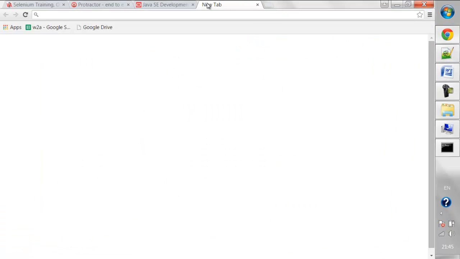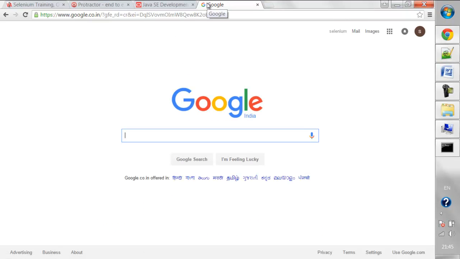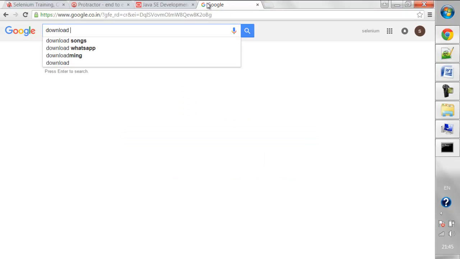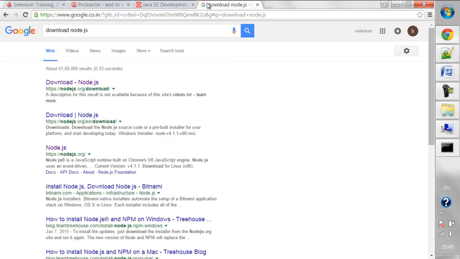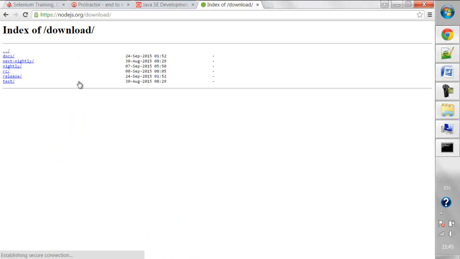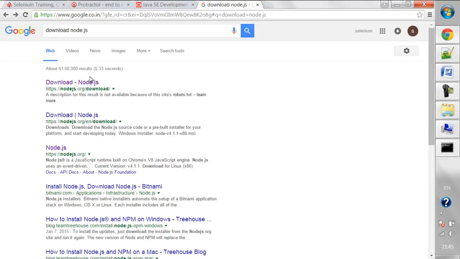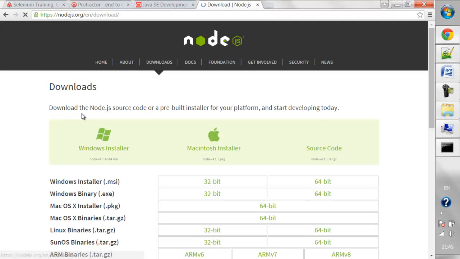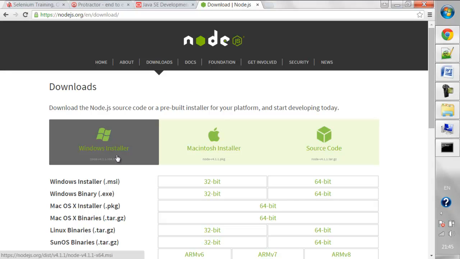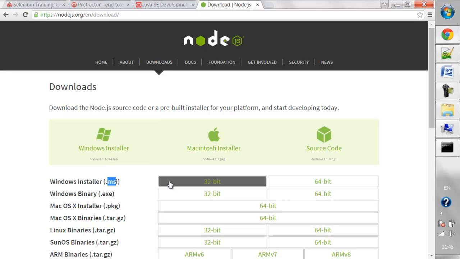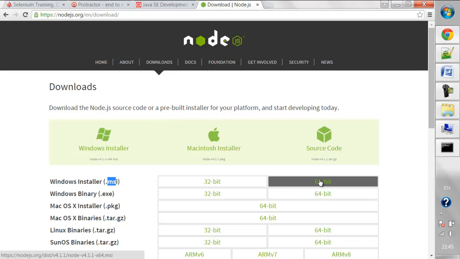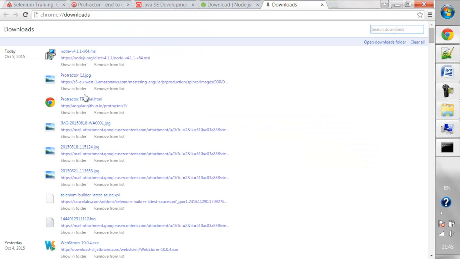So I'll be going to Google and I'll type download node.js, right? This is the node.js. You'll get it from here, from this location, right? So based on your Windows, again, if you are on Windows, you can install the Windows installer. You get the 64-bit installer, right? I've recently downloaded it. It comes like this. Let me go to my downloads, and this is Node. So if I open this up